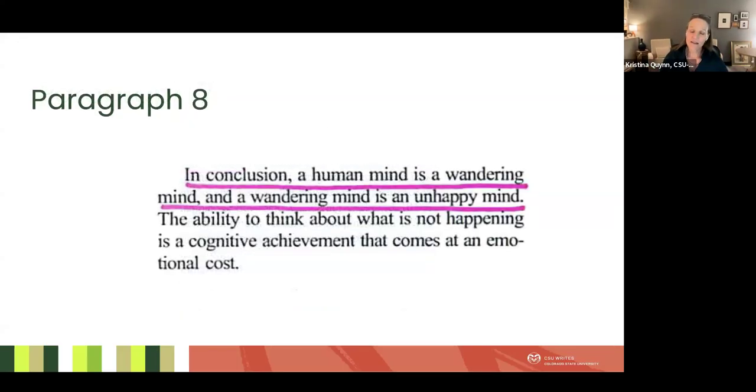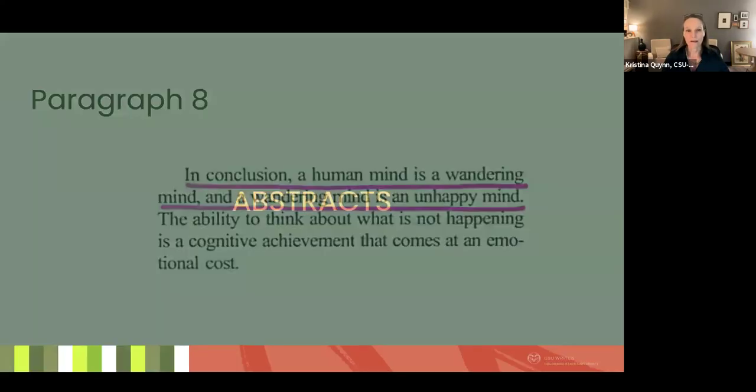And then their final concluding point, although we don't really get a discussion so much, nor do we get much of a literature review in a Brevia piece, right? All of that is taken out, but their concluding point is, in conclusion, a human mind is a wandering mind, and a wandering mind is an unhappy mind. Also note, not only is it clever and engaging, how they've clearly stated their findings, it also matches their title in this one. So it reiterates and recalls their main point.